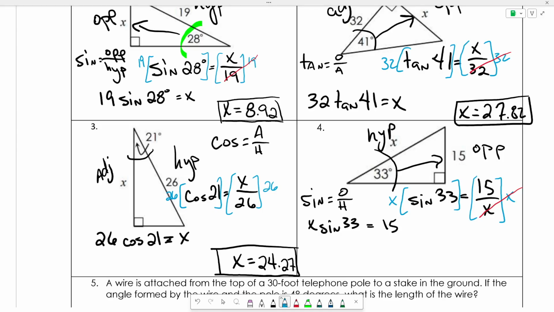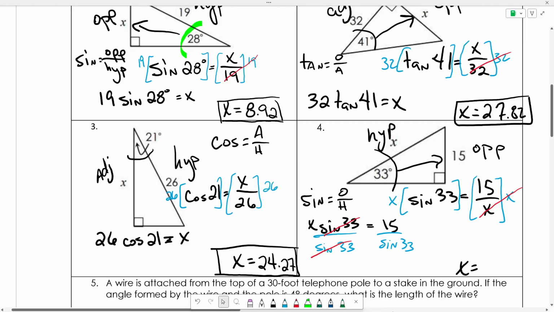Now we're going to divide both sides by the sine of 33. On the left hand side, the sine 33's will divide out, making 1, telling me that x is equal to, at this point,